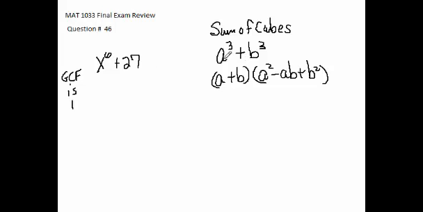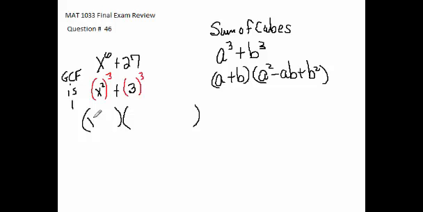Okay, so what I've got to determine is what was raised to the 3rd power for each one of these terms in order to find the base that I would substitute in for a and b. So if we think about our exponent rules, raising a power to a power, you multiply. So this is x squared to the 3rd, gives us x to the 6th, and then if you do the factor tree for 27, you'll see that 3 to the 3rd is 27. So where there's an a, I'm going to put x squared, and where there's a b, I'm going to put 3. So the factored form, I'm going to have a binomial and a trinomial, and I'm going to have a